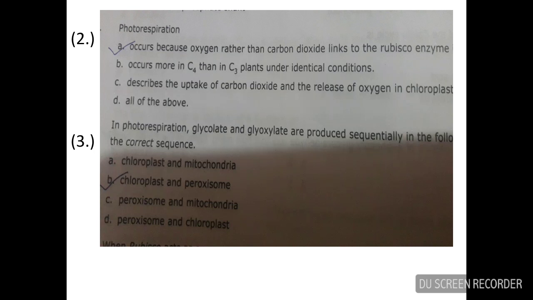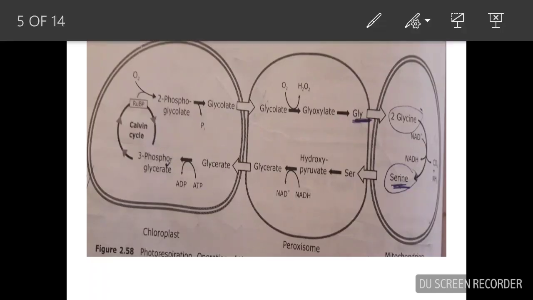Question number 3. In photorespiration, glycolate and glyoxylate are produced sequentially in the following. Which is the correct sequence? Option A, chloroplast and mitochondria; option B, chloroplast and peroxisome; option C, peroxisome and mitochondria; and option D, peroxisome and chloroplast. So in photorespiration,